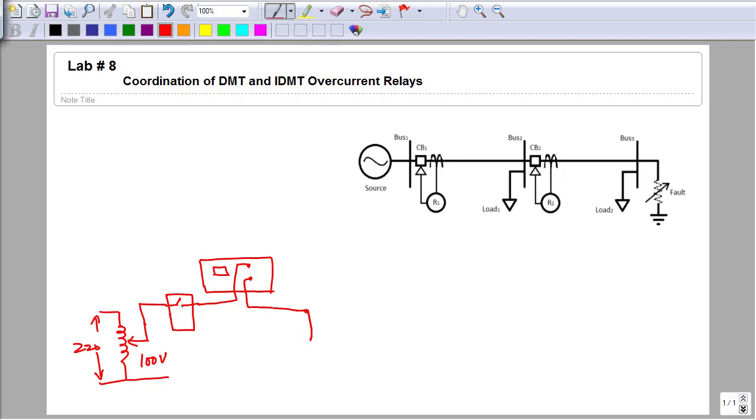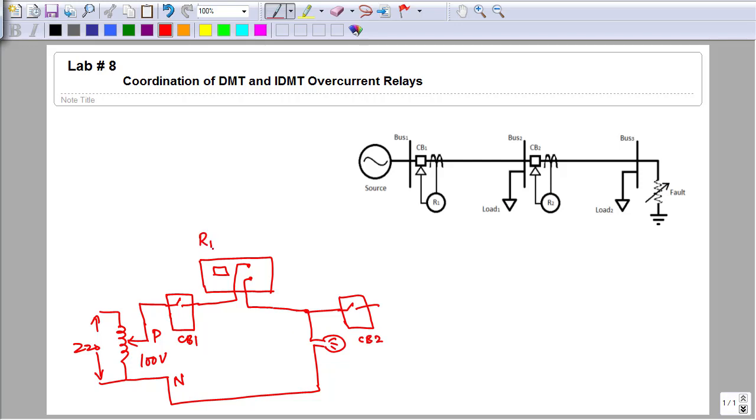Between this point we have a lamp load connected between this point and neutral. So this is the phase, and here we have the neutral point. We are not going to pass this neutral through the circuit breaker, to keep the circuit simple. Next, from this point onward we have the next circuit breaker, which is CB2. This was CB1. Here we have CB2, the second circuit breaker.